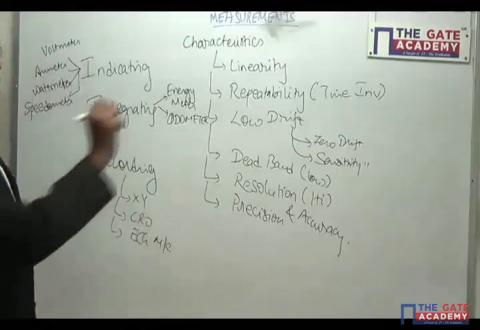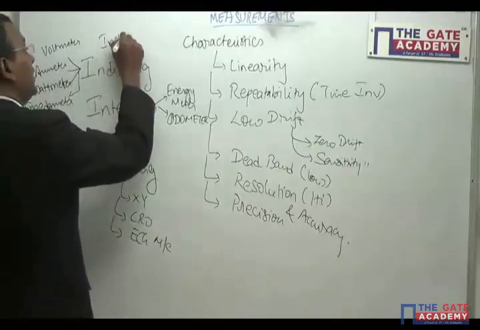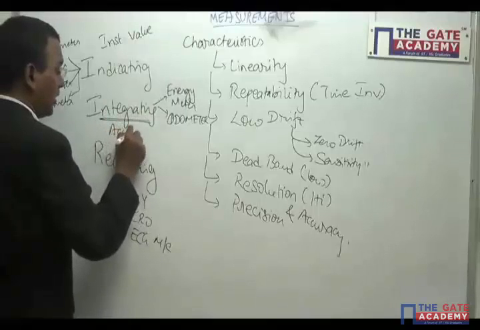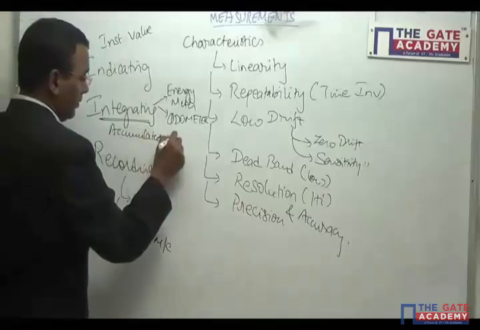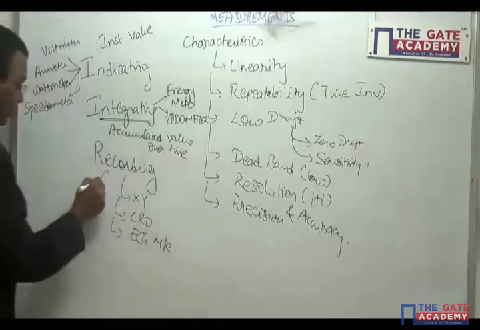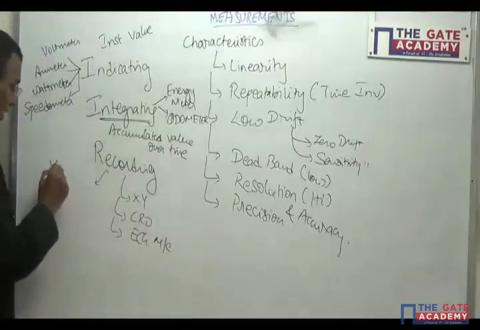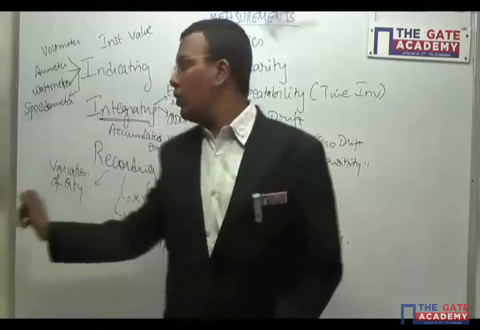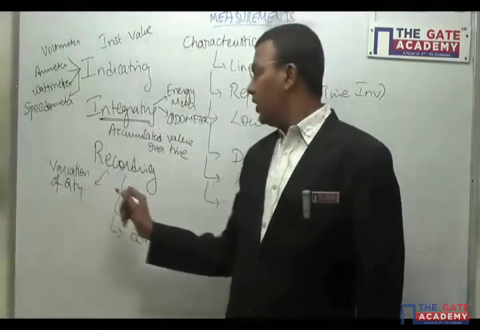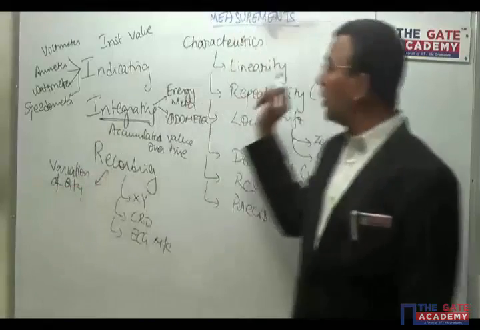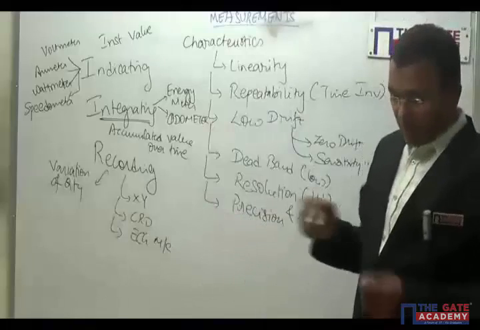So remember, in case of indicating, it is going to indicate the instantaneous value. In case of integrating, it is accumulated value over time. And in case of recording instruments, it is going to be variation of the quantity. It may be variation of one quantity with respect to another quantity, or it may be variation of one quantity with respect to time. So this is what broadly we discussed yesterday, and then we went ahead with